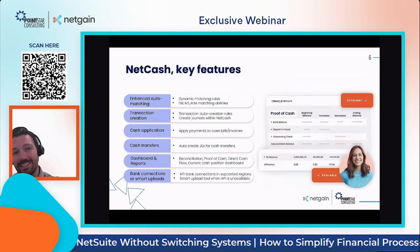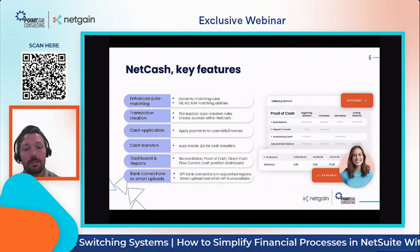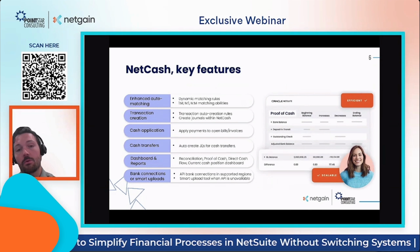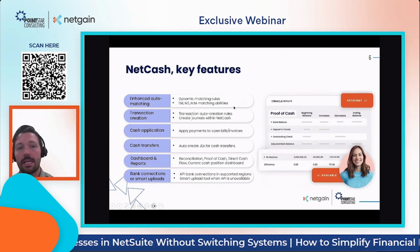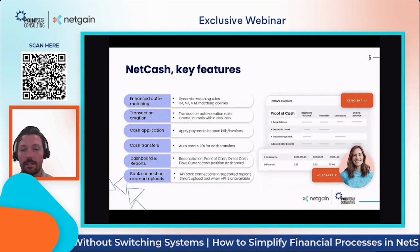And then by way of extension, NetCash, this is the bank reconciliation side, which is a lot of what the close is based off of: what cash transactions are coming in, what cash payments are going out, how are we matching those? Within NetCash, adding more dynamic matching rules with the goal of automating as many transactions,